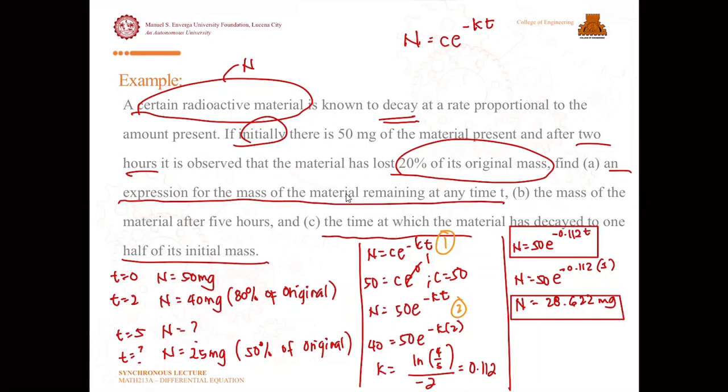Then the last question is when it will become half, or 25 milligrams. If you analyze, at 5 hours it is 28.622 milligrams. So it still needs a decrease of 3.622 to become 50%. So your answer should be more than 5 hours. So let's substitute now into the given. So 25 milligrams is equals to 50 E negative 0.112